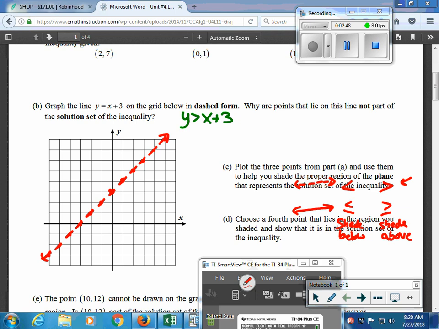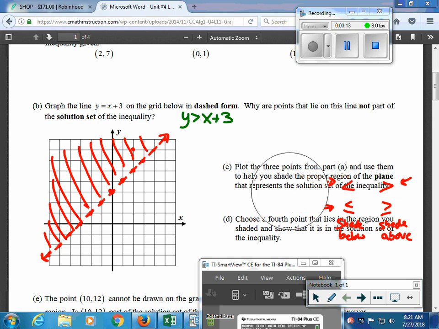And then, like we just talked about, it's shade above, because it's a greater than sign. So we talked about the point (2, 7), which is here. So that means that that was an answer, which means shading above, like we just mentioned, would be the correct thing to do. And then for part C and D,